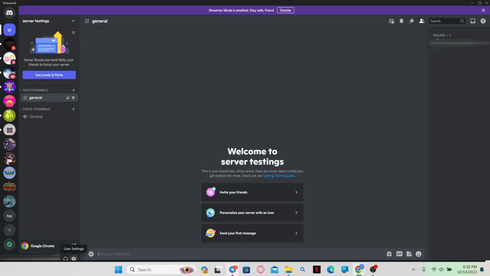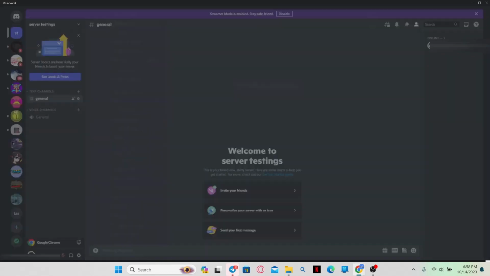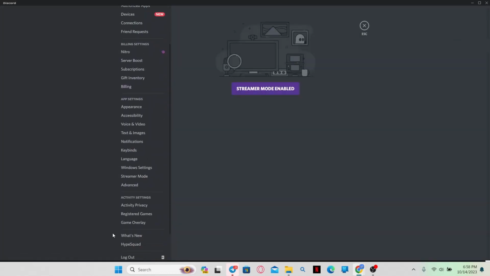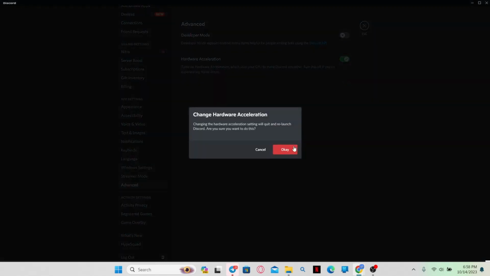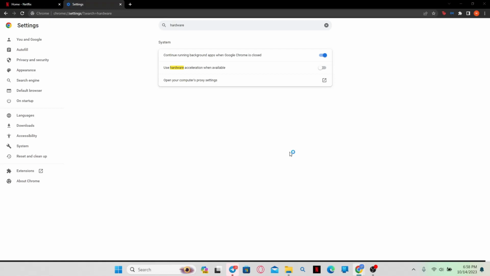You will now need to open up your Discord application and then log into your Discord account. Then from the bottom right corner, simply click on User Settings and then from the Settings page, click on Advanced from the left menu pane. Then make sure that the hardware acceleration is turned off in this as well, and then this will restart the